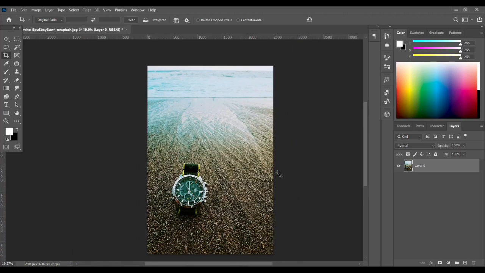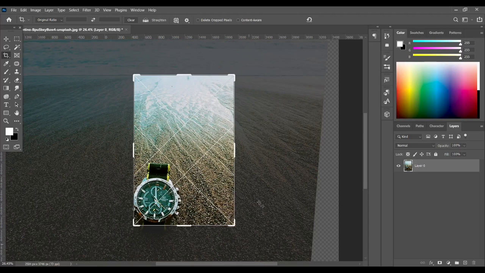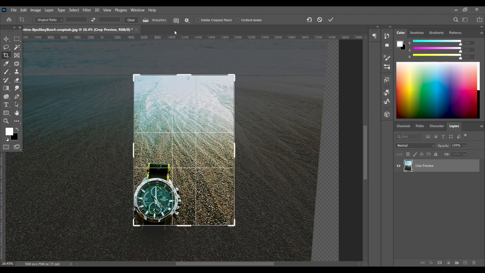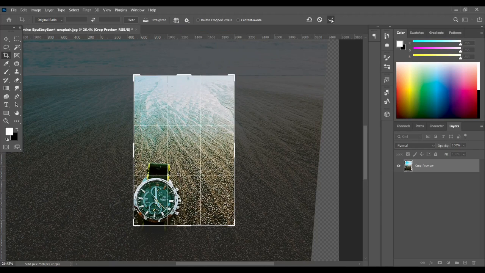If you see, it looks catchy. You can also use some other presets like diagonal, golden ratio and others to make it even better.